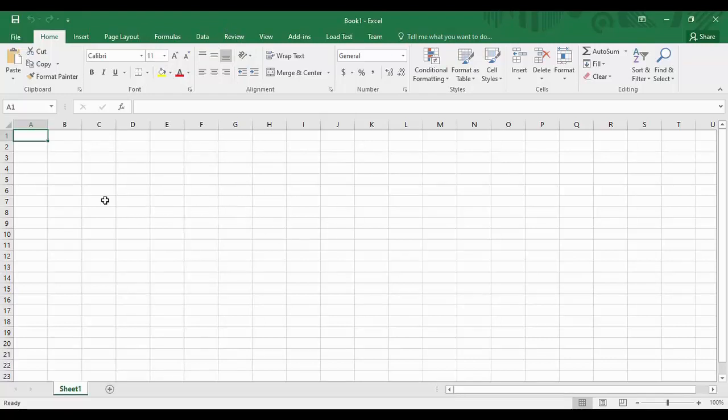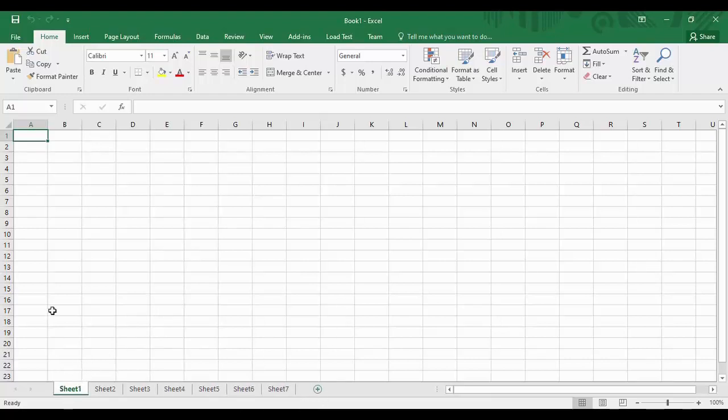Now I have opened this workbook, and in a workbook there are different sheets available which are known as worksheets, and we usually work on the worksheets only. Here you can see that this is named Sheet1. This is Sheet1 of Book1, which is written over here at the top. If I want, I can add as many sheets to my book as I want by just pressing this plus sign that is available over here. As you can see, I have added these sheets.